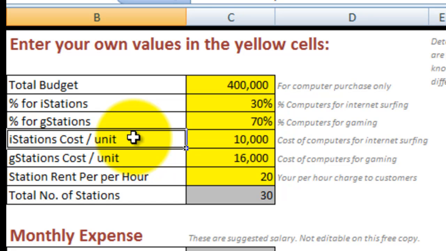So you just need minimum required specs for an I-station. On our website, I'll tell you some tips and specific specs that are perfect for an I-station. An average I-station would typically cost you around 10,000 pesos